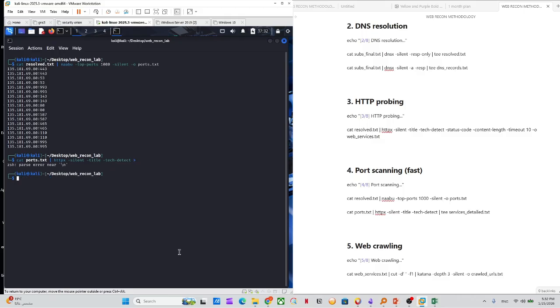We don't have that file, so let's create it: touch services_detailed.txt, and let's put the output in services_detailed.txt. I'm going to make sure the ports are